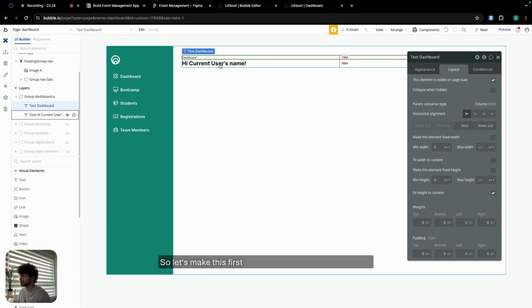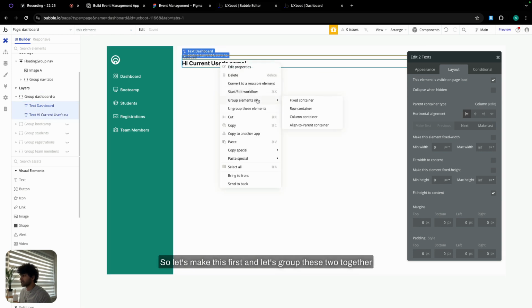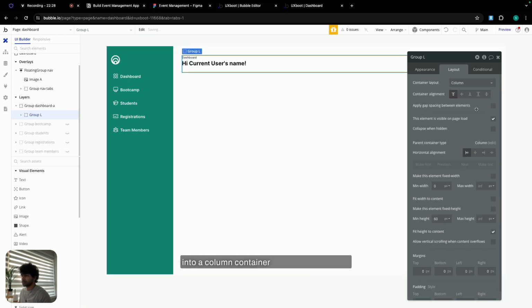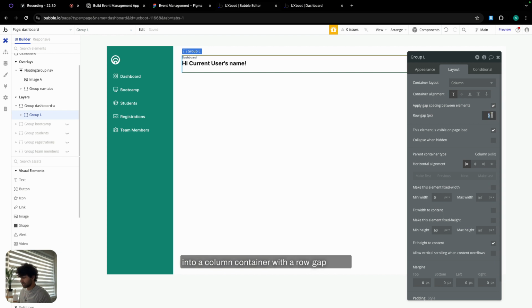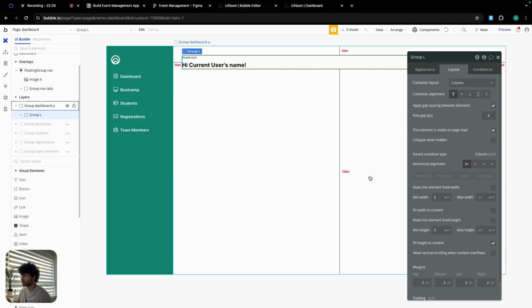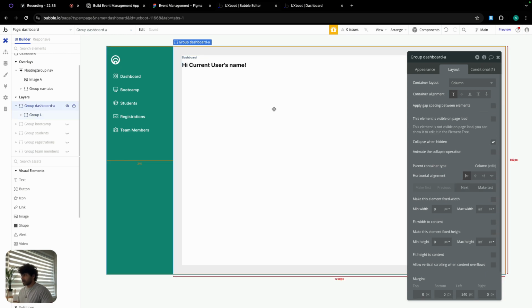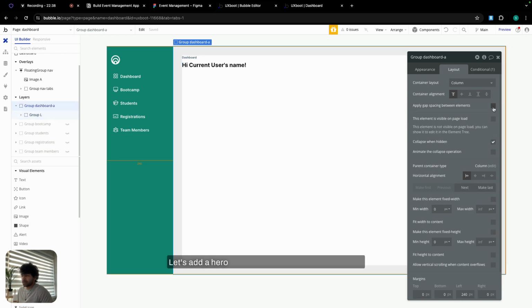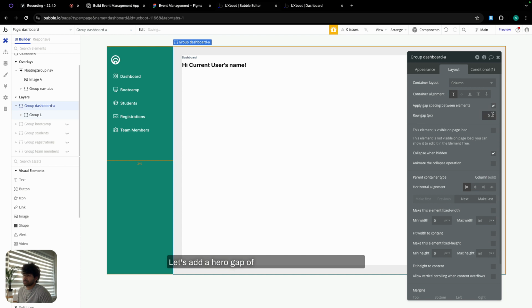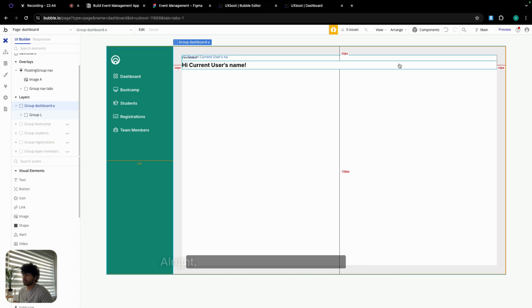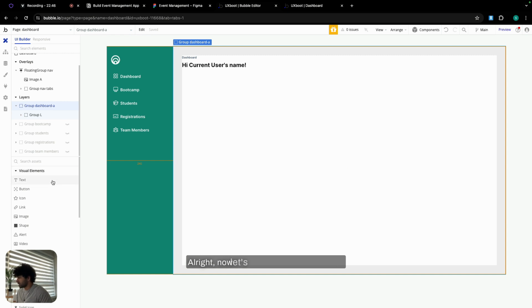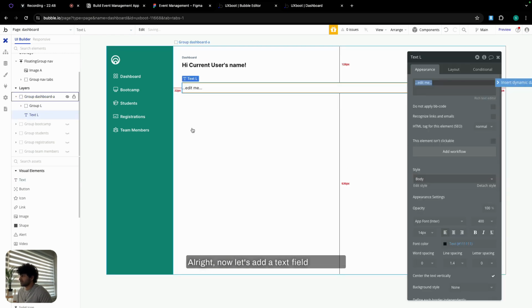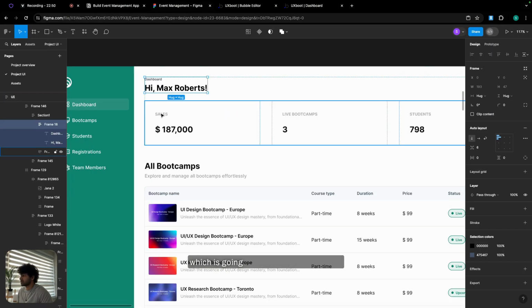So let's make this first and let's group these two together into a column container with a row gap of 6. No need of naming this group, it's fine. Let's add a row gap of 48 in our group dashboard A. All right. Now let's add a text field over here, which is going to be this one,